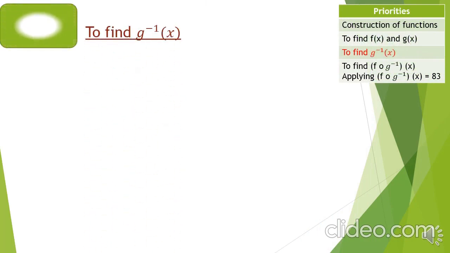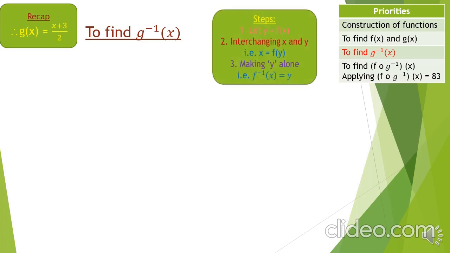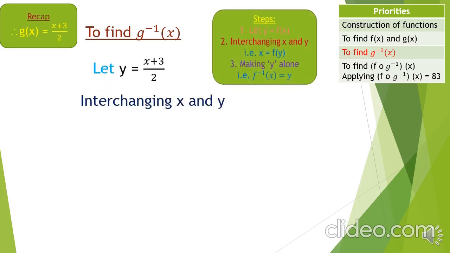So g(x) is equal to, it's a dummy variable. Now see, we are going to find g inverse x. That is our priority. On recap, what we did up to now, we have constructed g(x) as x plus 3 by 2. We only need this part, f(x) is not written. Now to find the inverse, y is equal to x plus 3 by 2, interchanging x and y, x is equal to y plus 3 by 2,